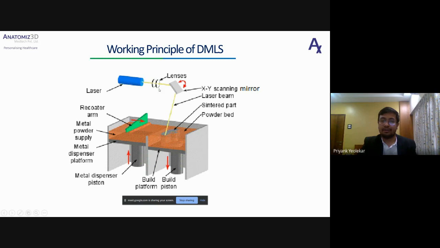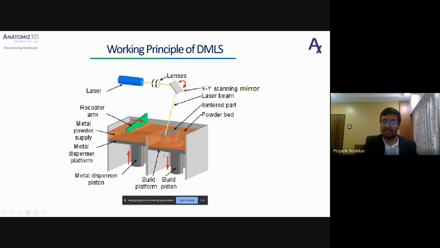One additional assembly in DMLS is the lenses, because the laser which comes out of your laser tube needs to be focused a lot to sinter the metal powder, because the power required to sinter two metal particles is much more than for nylon. That is why the lens assembly is also there.